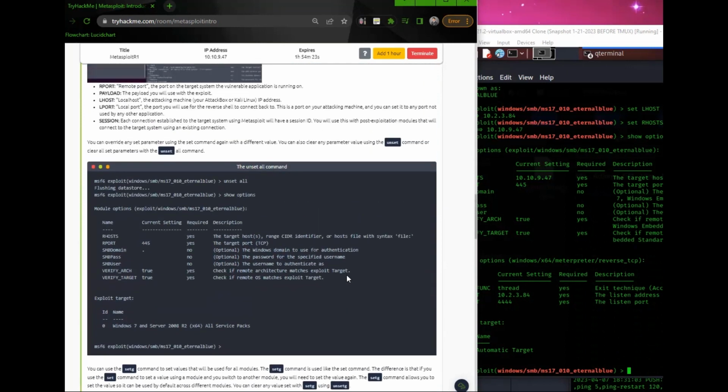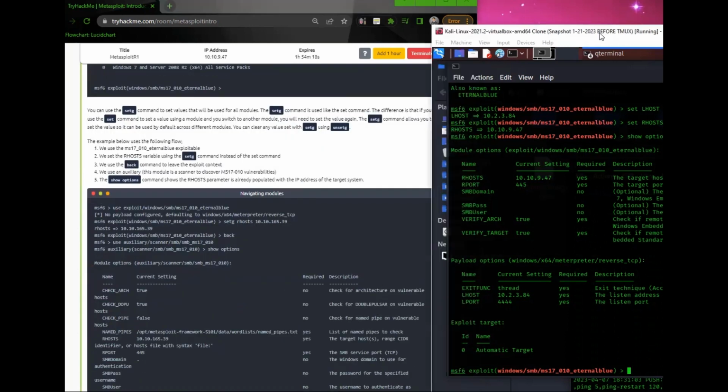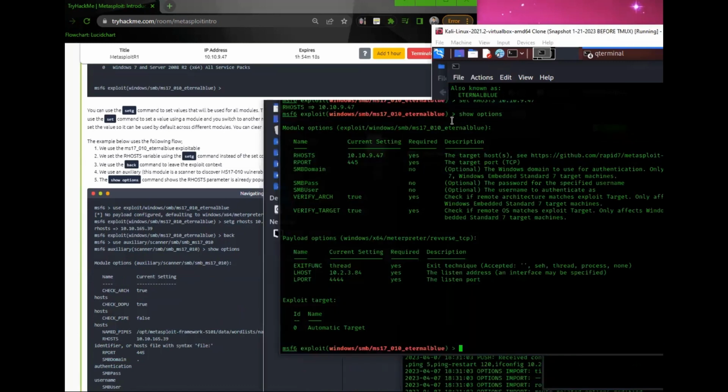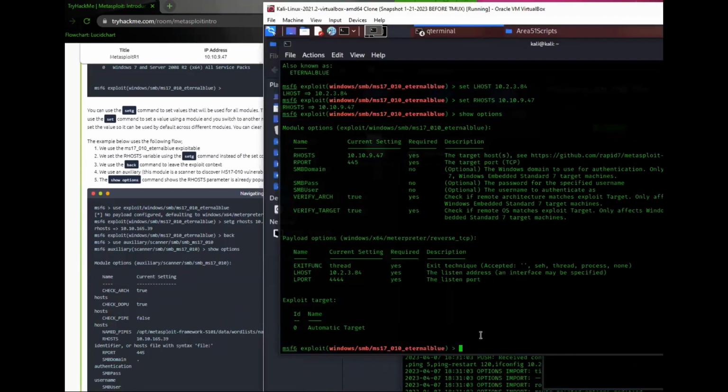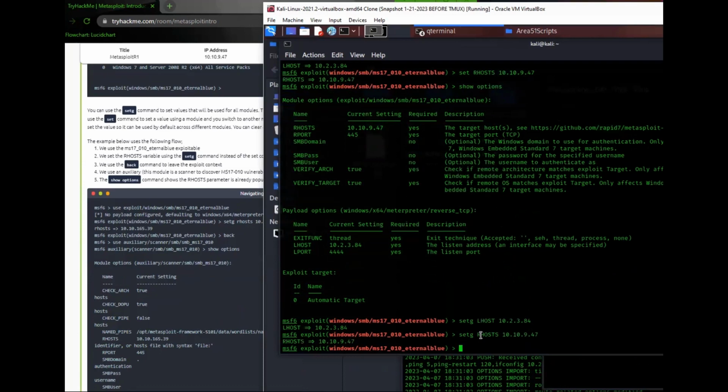Okay, so that was a lot to ingest. Let's go ahead and do exactly what they told us, because this is something you should do before you run an exploit. You should have enumerated and discovered that it is vulnerable, right? So let's go ahead and do setg lhost. setg rhost. And now if we were to